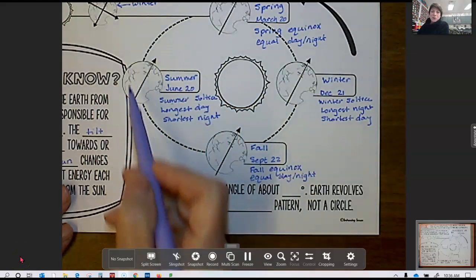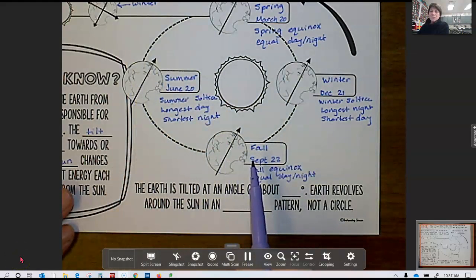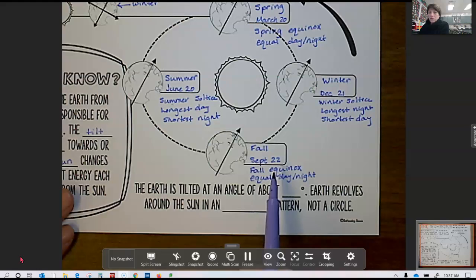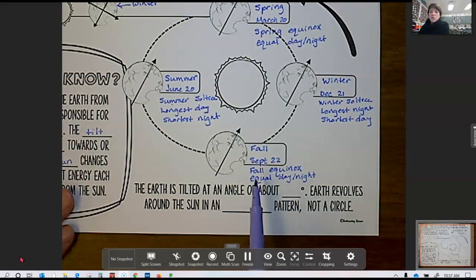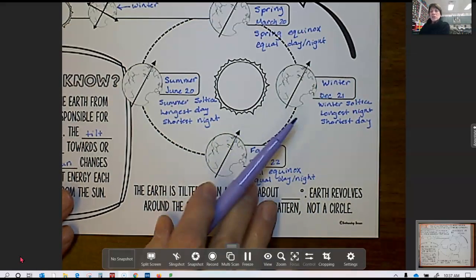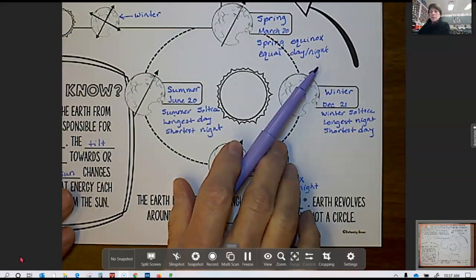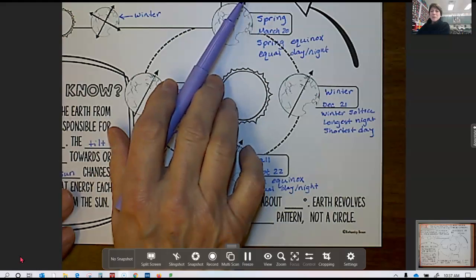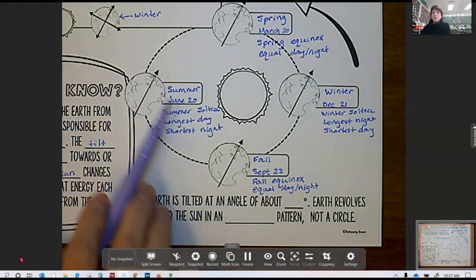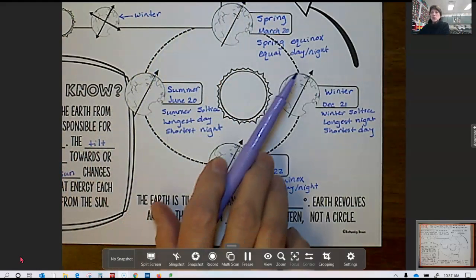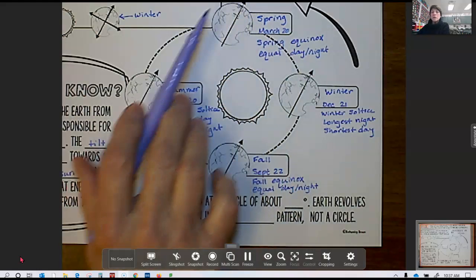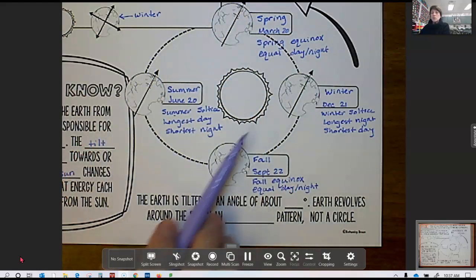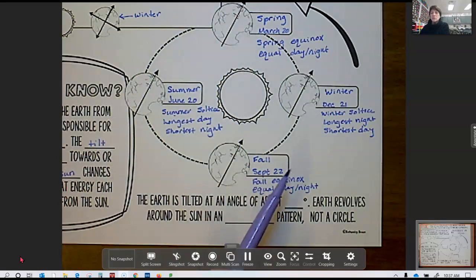All right, as we continue our orbit around the sun, we hit fall. Fall is going to start on or around September 22nd with the fall equinox. So we have equal day and nighttime hours here. So again, just to recap, notice that we are pointed away from the sun here in the northern hemisphere. We keep that tilt all the way around. Notice that tilt doesn't change. What changes is which part of our globe is tilted towards the sun as we travel around it,